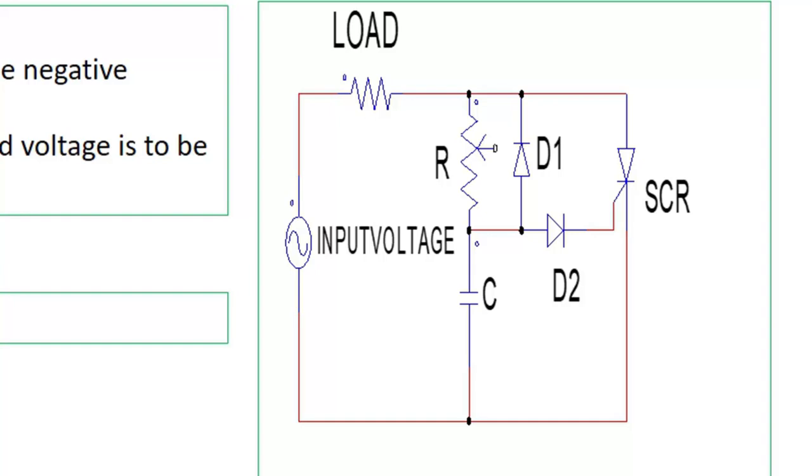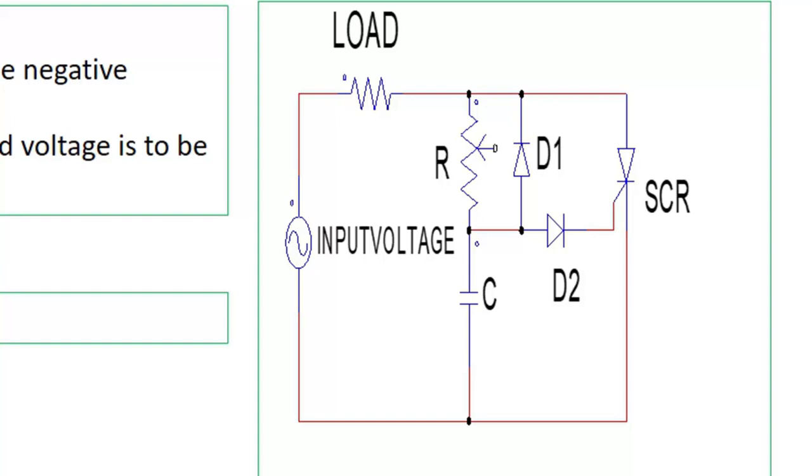The advantage of this RC firing circuit is that we can trigger our SCR at more than 90 degrees. Generally it is 4 to 176 degrees. This 4 degrees minimum firing angle and 176 degrees maximum firing angle are based on the turn on time of the SCR, because at 0 voltage we cannot trigger our SCR. Some magnitude of input voltage is required across anode and cathode. And the disadvantage of this circuit, along with the R circuit also, is the slow turn on process.